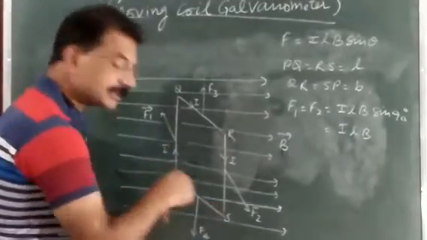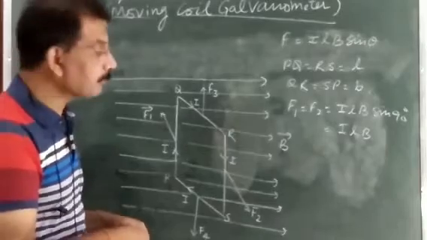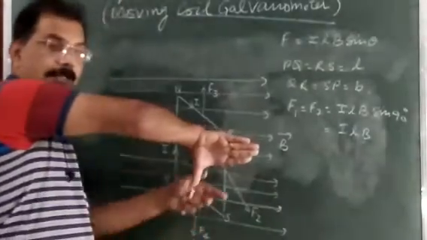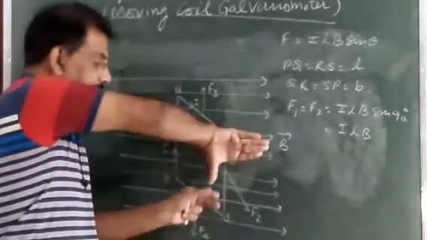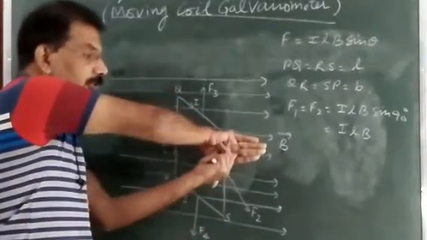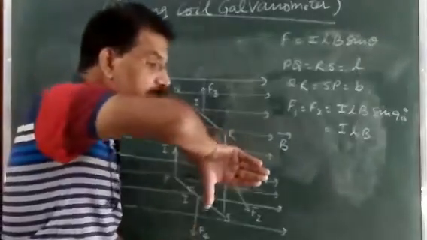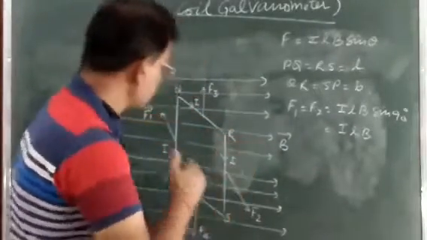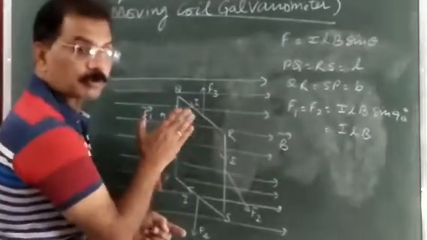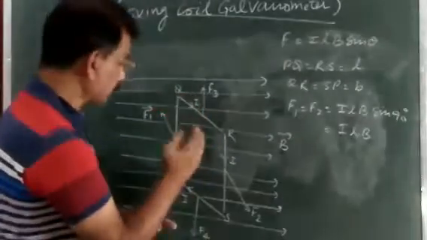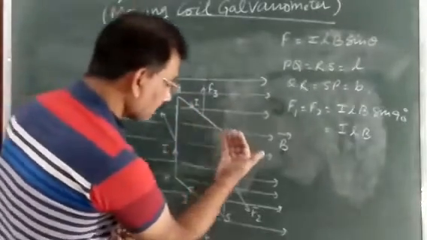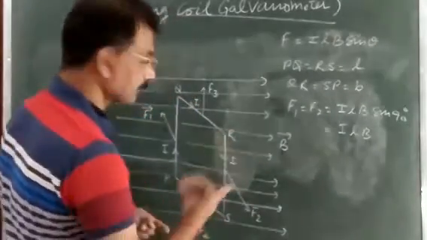And on RS, the magnitude is the same, but the direction is found by applying the right palm rule, in the direction of the magnetic field. Current is downward, so the palm is coming towards you. When the palm is coming towards you, it is called towards the reader. When the palm is going away from you, it is called away from the reader. Also you can say it means on side PQ inward and on side RS outward.